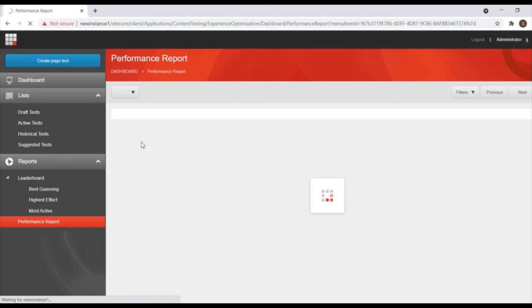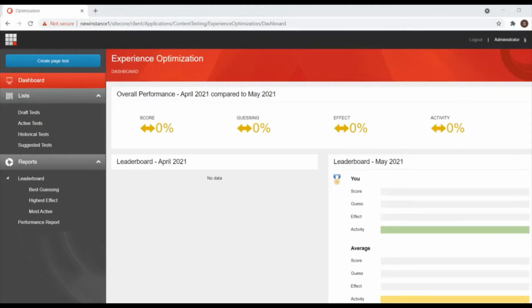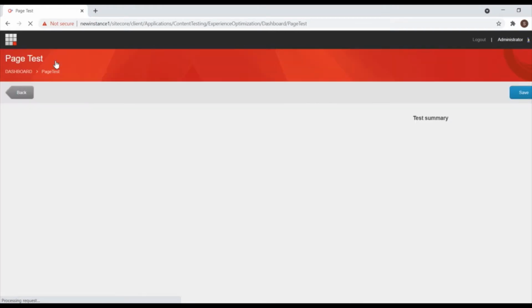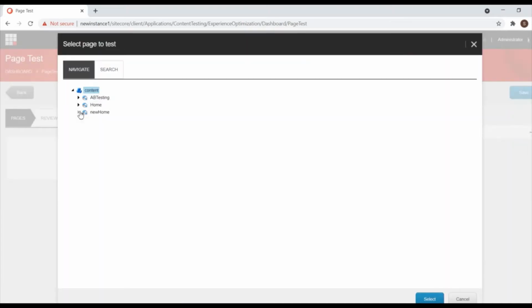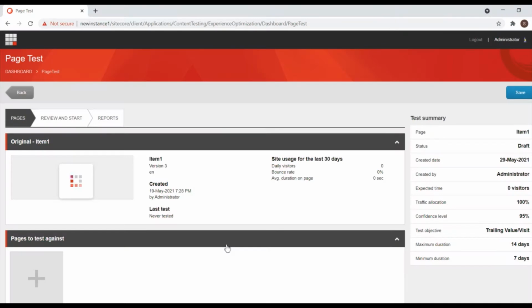It is taking pretty much time. I'm creating a page test. Here I need to select the two pages I need to test. It's loading. I'm selecting the first page. Now it's loaded.